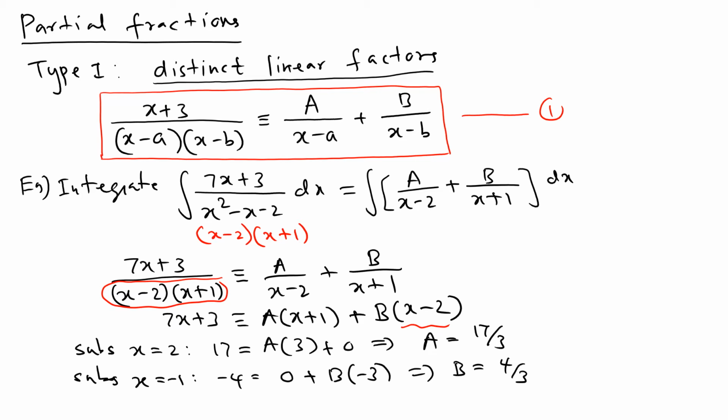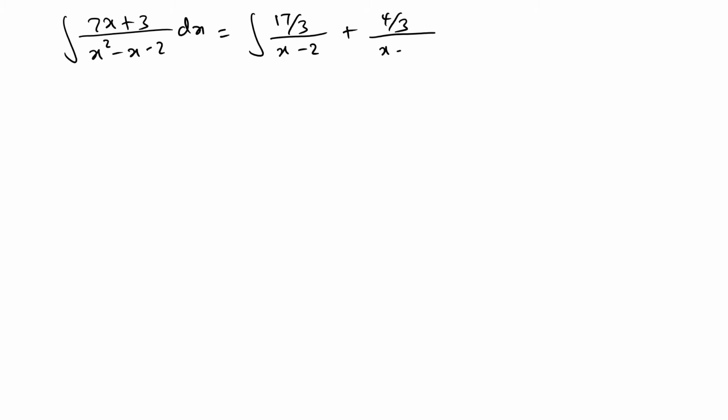Now you go back and plug those two into the integral, and you can finish the rest of the integral. So we are done with finding the two. And now let's go back to the integral and simplify. So we have the integral of 7x plus 3 divided by x squared minus x minus 2 dx. But we found the partial fractions. So we have 17 over 3 times 1 over x minus 2 plus 4 over 3 times 1 over x plus 1